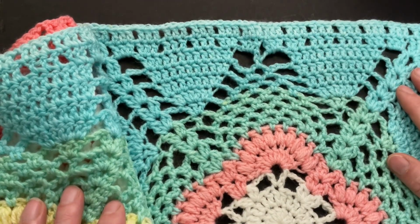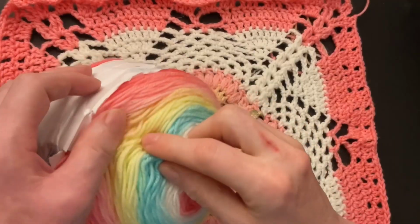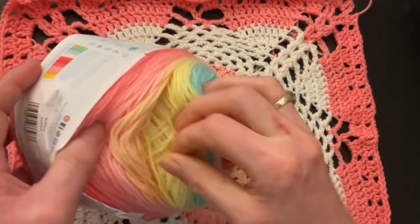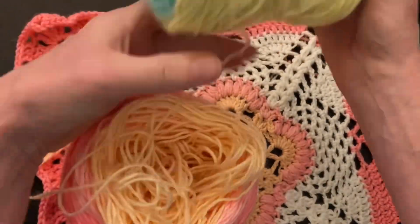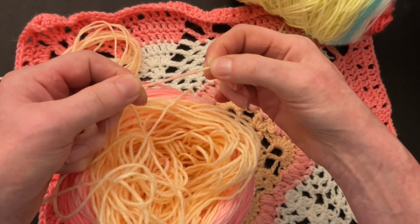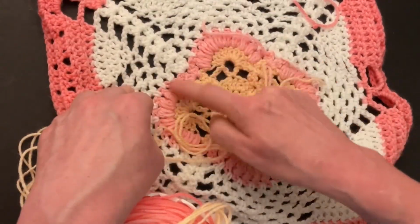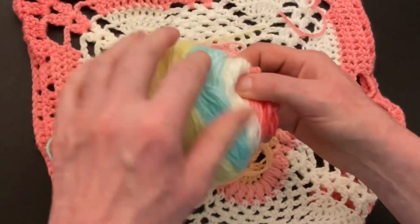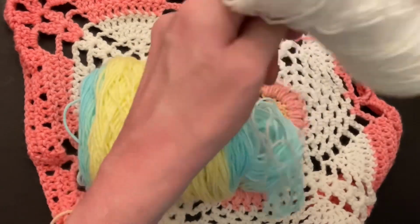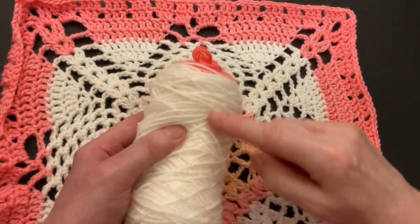So I want to start my square with the orange color, and I can pull it out. So I just go where the orange color is, pull the skein out. Now I can start with the orange color. So I did my orange, and then there was a little bit of orange left over, so I skipped to my next color, pink, and I did the pink. And then I grabbed the white yarn out of the skein, and I finished the square with the rest of the skein. So first white,